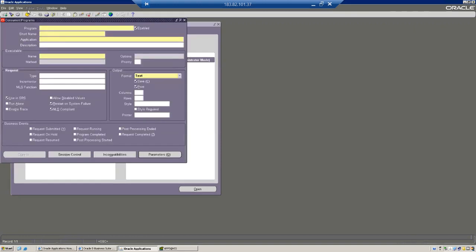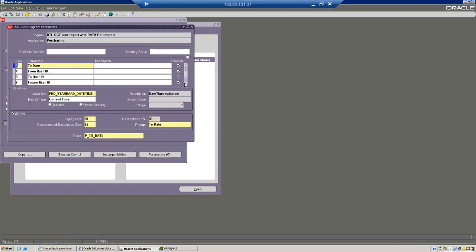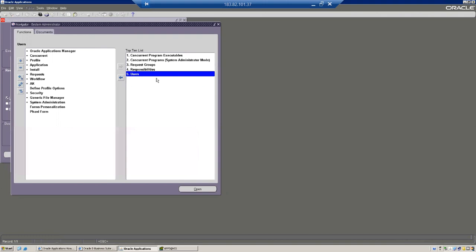Search for the program here, and let's go to parameter. I would like to know the value set type for this supplier side code, right? Take this value set name. We have a total of 8 types of value sets, right? So out of that,